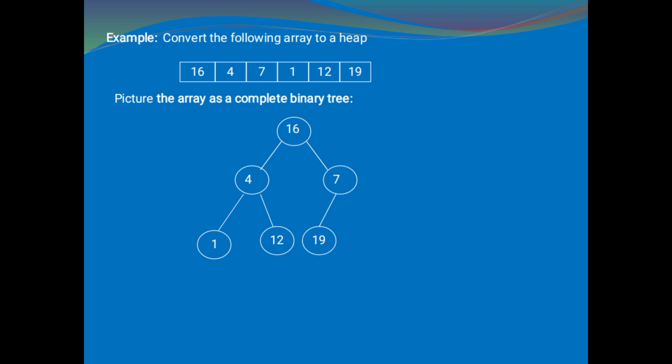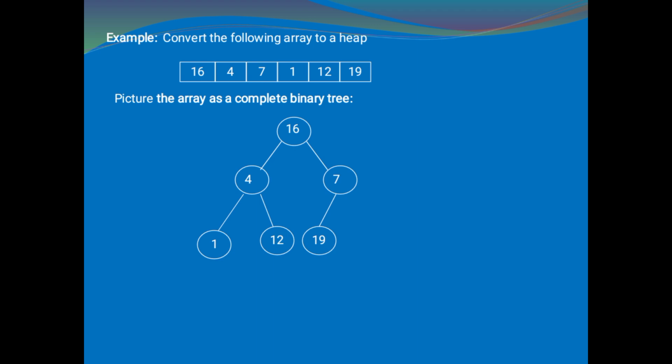See, now I am given an unsorted array of elements, that is 16, 4, 7, 1, 12 and 19. Now my task is to sort these elements using the heap sort technique. First I told you that after the elements are given, give a numbering to the elements starting from 1, 2, 3 like that, in the array only.